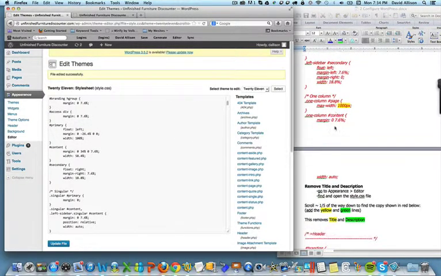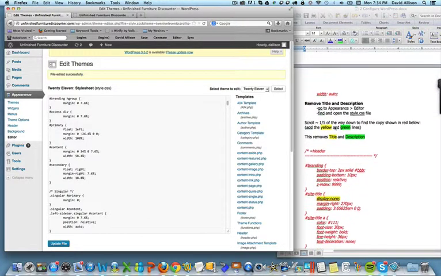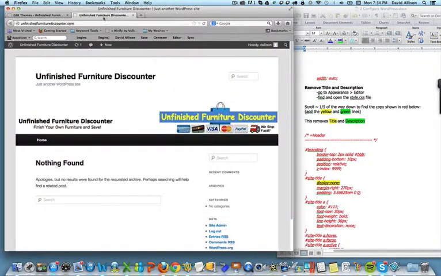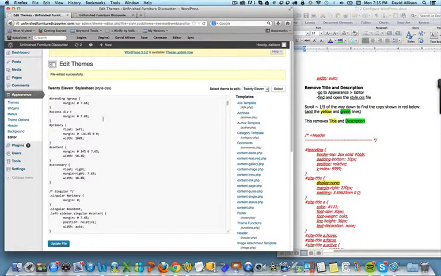What we need to do after that is remove the title and description, which is up here. This is the title and the description. Here we've got it in our header, so we don't need it in both places. It just looks cumbersome. So we've got to scroll down till we find the information I've copied and pasted in